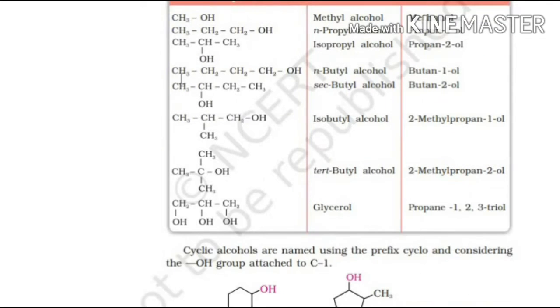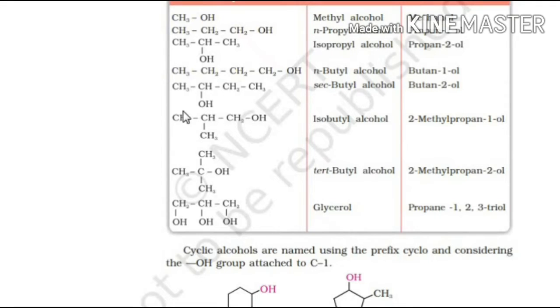Now next, there are 4 carbon atoms, so this is butane-1-ol. You can leave the 1 and write simply butanol or butane-1-ol, because the OH group is at the first carbon atom, and this common name is n-butyl alcohol. N is normal because there is no branching. Now here the OH group is present on the secondary carbon atom, so this is known as secondary butyl alcohol. And for the IUPAC name, do the numbering from this end. So 1, 2, at the second position there is the OH group, so this is known as butane-2-ol.